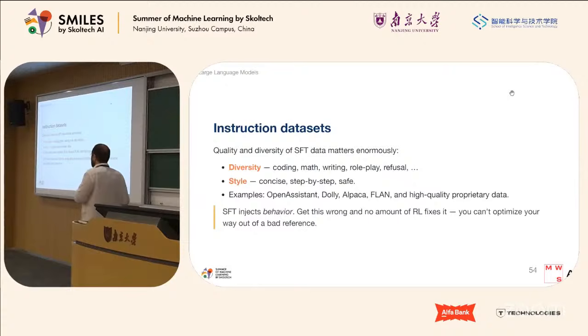This is why we need so-called instructions. These instructions are a data set written by people, which provide examples of how we can answer. For example, write me an email for my colleagues about, I don't know, Smile Summer School. If I'm writing an email for colleagues, that means I need a formal style in a specific